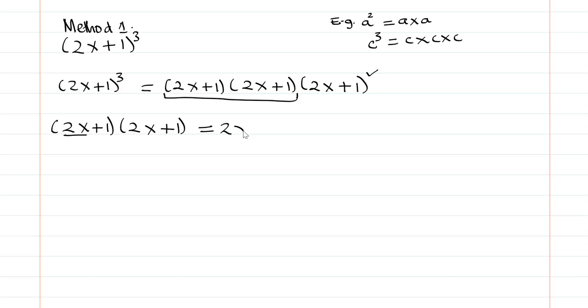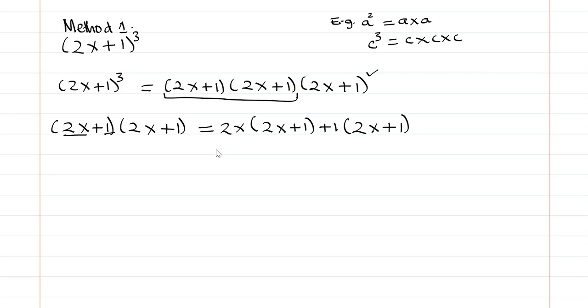Therefore, I will have 2x into, then you copy the second bracket, that is (2x + 1), close it, and then you go to the next term, the second term of the first bracket, which is 1. So this 1 here has to multiply all the terms in the second bracket. It is positive, so we shall put here plus 1, then you multiply it with the second bracket, which is (2x + 1),